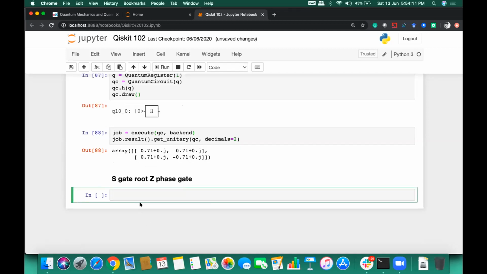And if I have to represent this in a matrix form, then it will be something like this: 1, 0 and 0, i. Okay, and similarly, its unitary gate equivalent will be U1 of pi by 2.